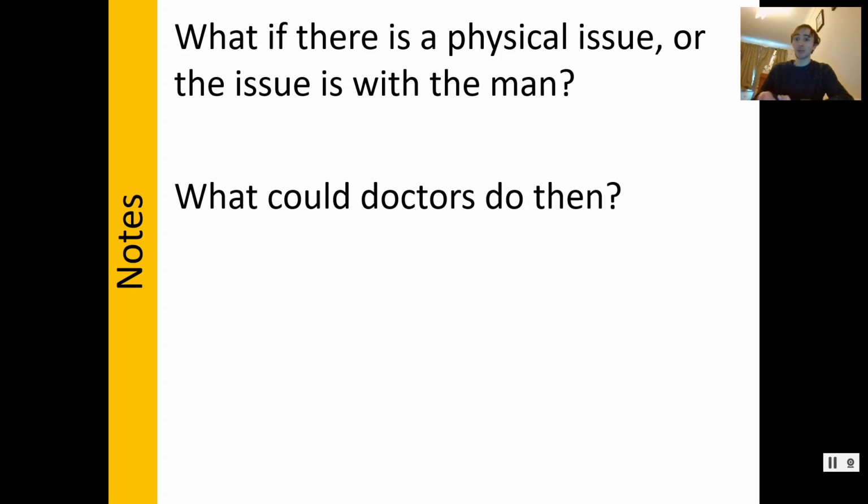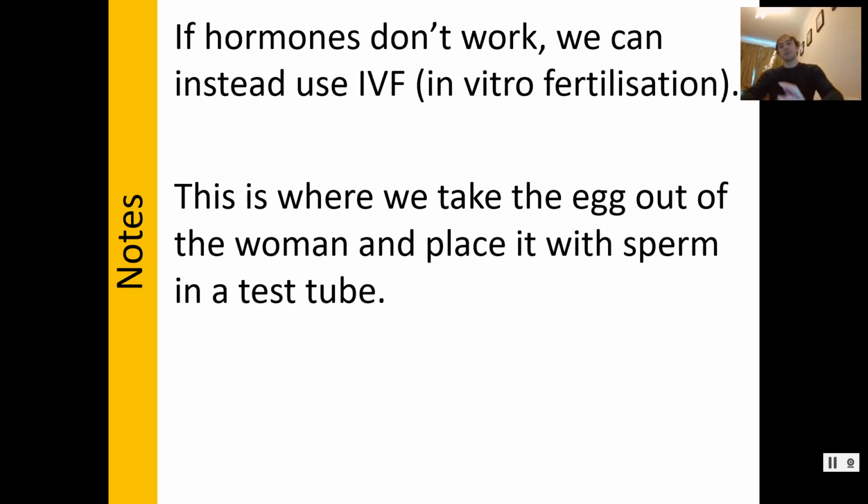Now I know there will be some people probably watching this video who are IVF babies. It's relatively common. And this process is used a lot because there are a lot of people who do struggle to have babies. So you'll probably know someone who is an IVF baby, even if you don't know that they are. So, in general, what we're looking at is taking the egg out of the woman and placing it with sperm in a petri dish or test tube, allowing it to develop into a small bunch of cells before putting it back in the woman. But we need to know the details of this a bit more in depth. So we're going to look at that in a bit more detail now.